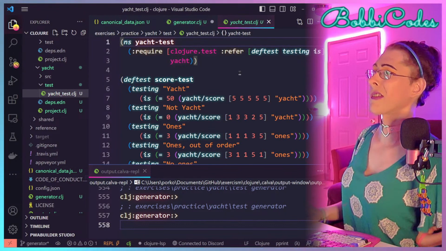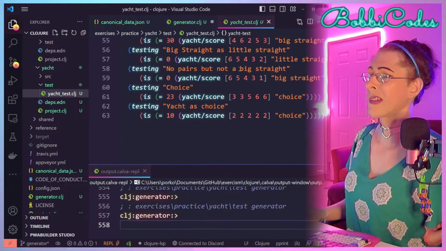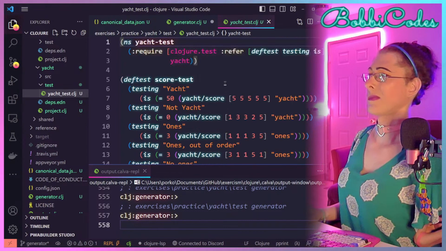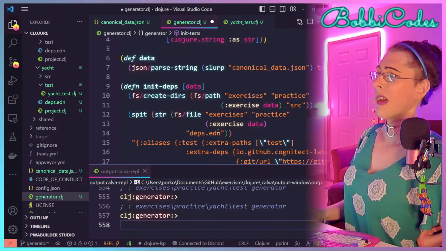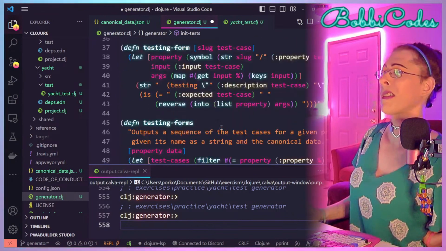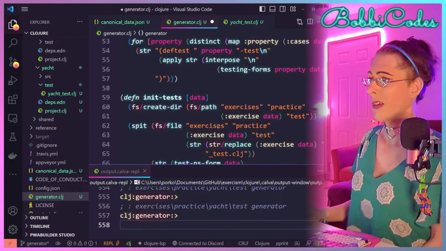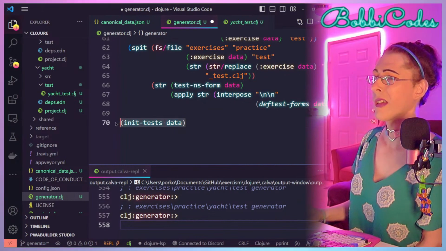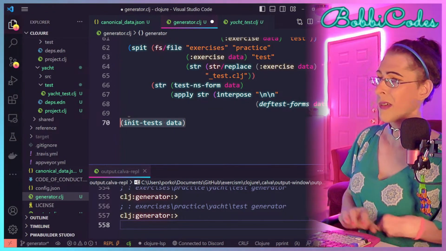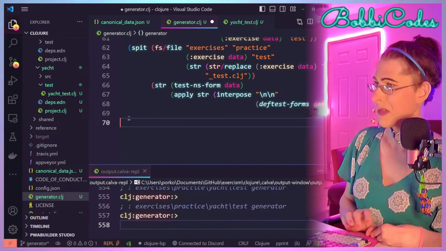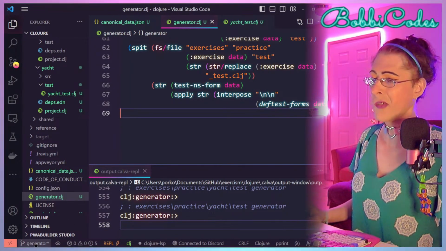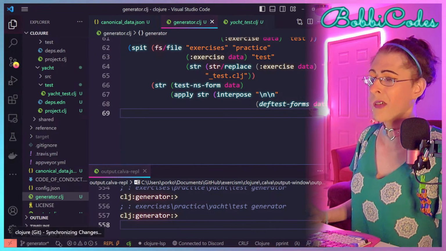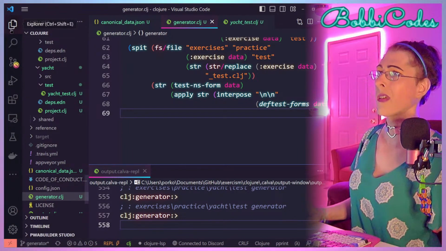Alright, so that's our test suite. That part's all done. You know, I need to check this code in because, at this point, it's significant work. So I'll save this. I'm using the generator branch, which I'll go ahead and publish right now.